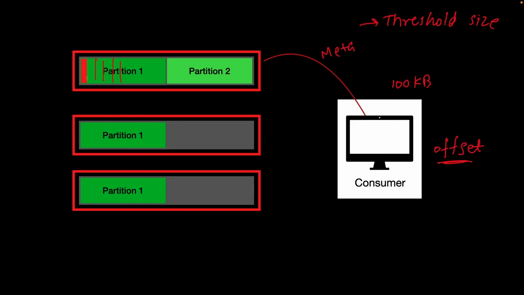It can also ask the broker to have a maximum limit of the data. So it can ask the broker, provide me the data if it is greater than 100 KB and less than 400 KB. This maximum limit can be used by the consumer to allocate memory for storing that information, so that it does not end up with an out of memory exception. So the consumer asks for chunks of messages whose size is between the minimum and the maximum, and it is also going to provide a timeout.